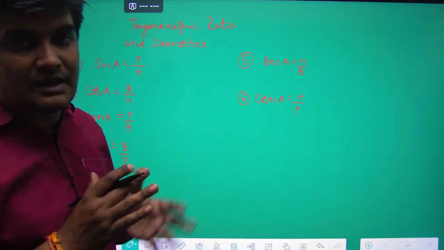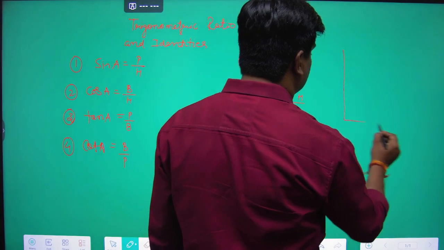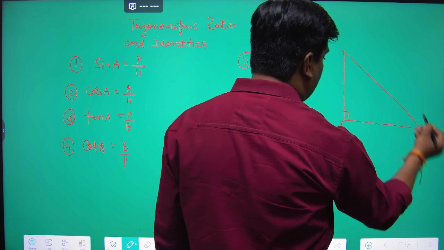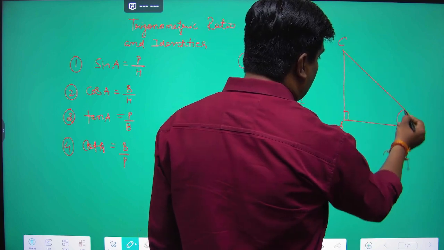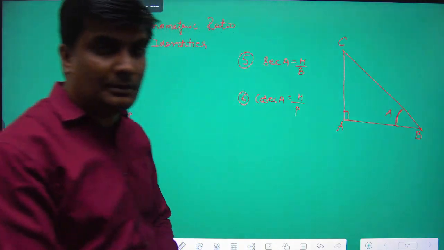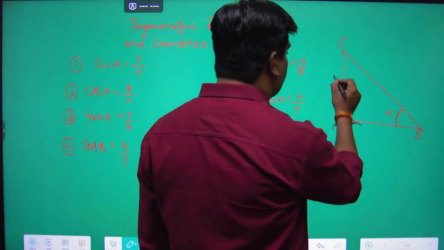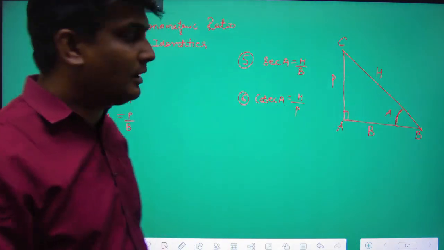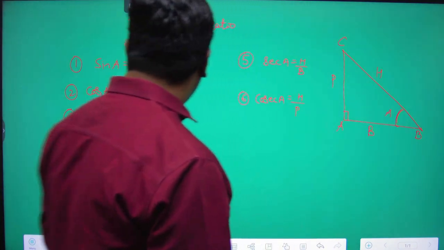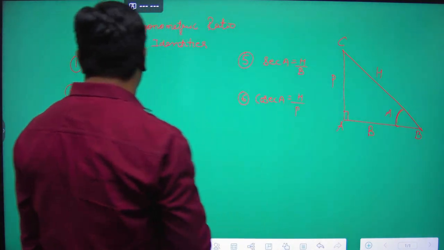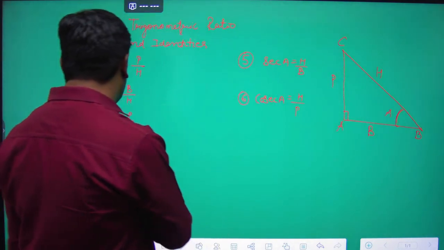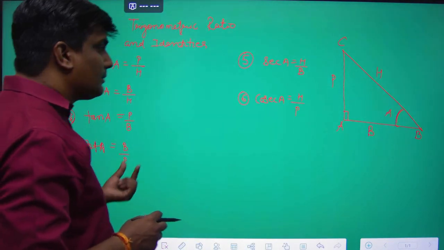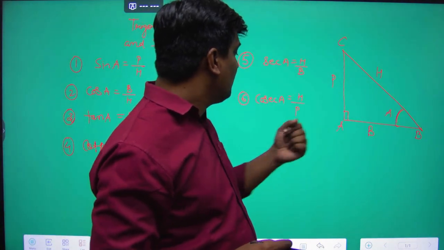All these conditions are related to a right angle triangle. Okay, now A is the right angle, and then B and C. Suppose the angle is A, and the side just opposite to it is the perpendicular, the related side is the base, and the side opposite to the right angle is the hypotenuse. Now sin A is perpendicular upon hypotenuse, cos A is base upon hypotenuse, tan A is perpendicular upon base, cot A is base upon perpendicular, sec A is hypotenuse upon base, and cosec A is